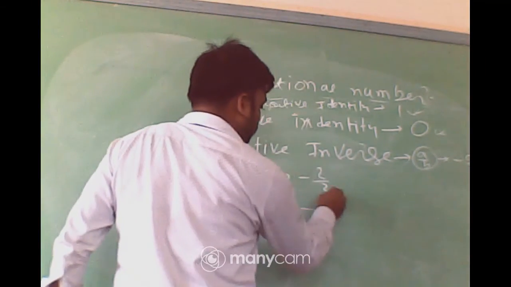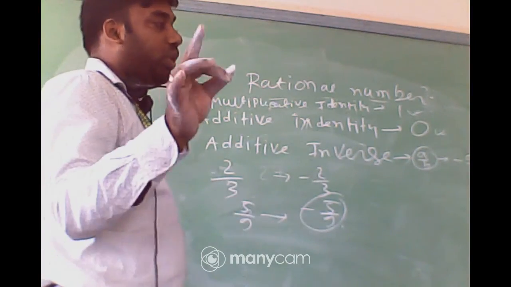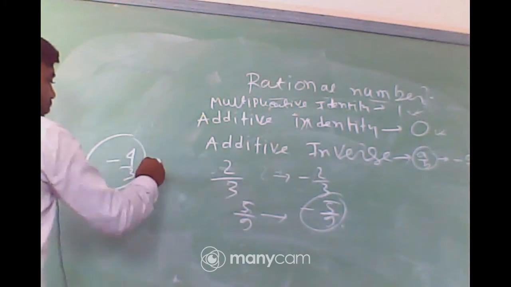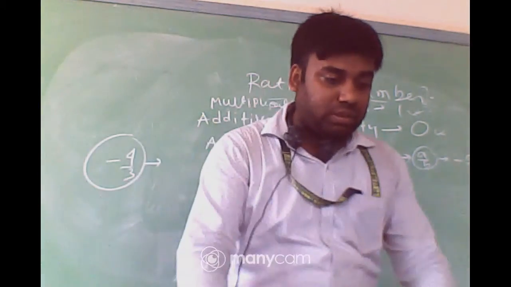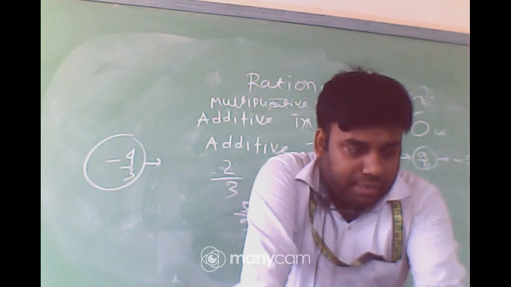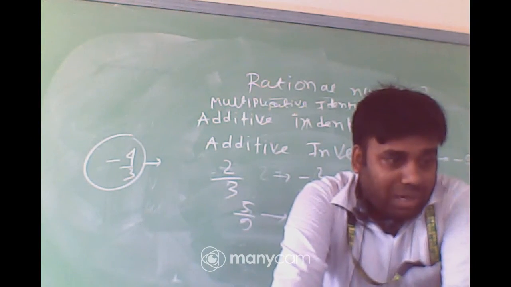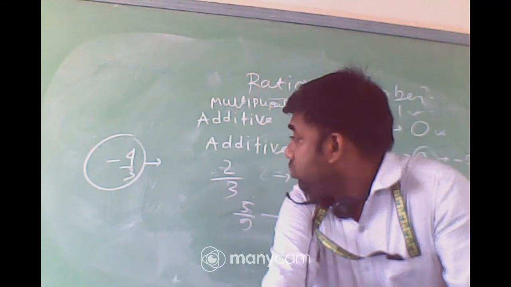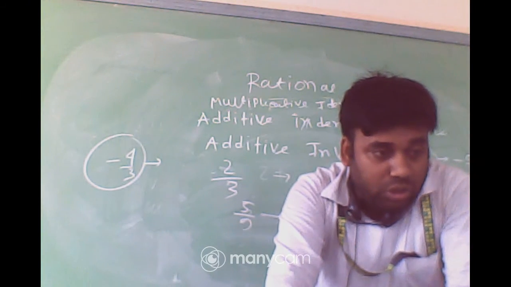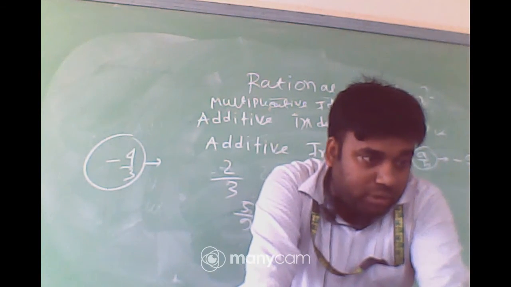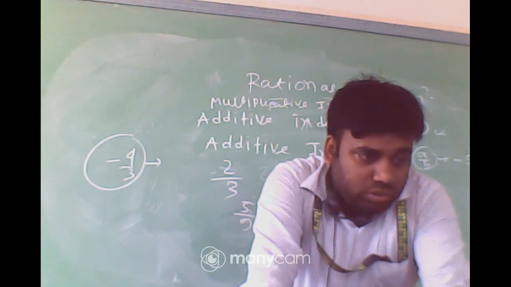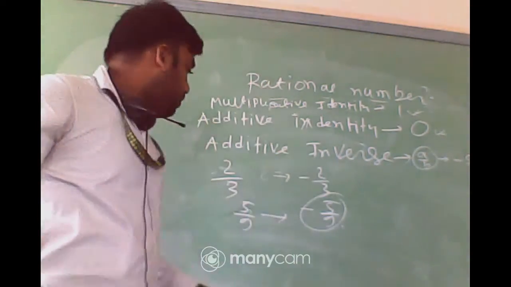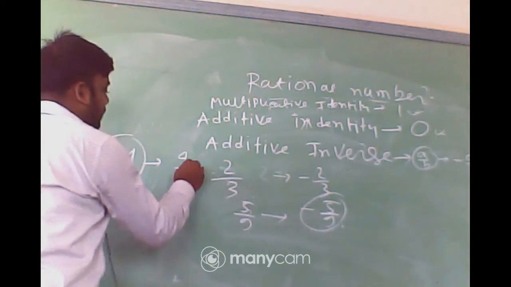Now, next one, I want to see who will be the first 5 students who can answer. Additive inverse of minus 4 by 3. Type it correctly. Sakshi, Tirthankar, Sanchari, Tomojit, Isita. Yes, 4 by 3. Additive inverse of minus 4 by 3 is 4 by 3. Clear it is?